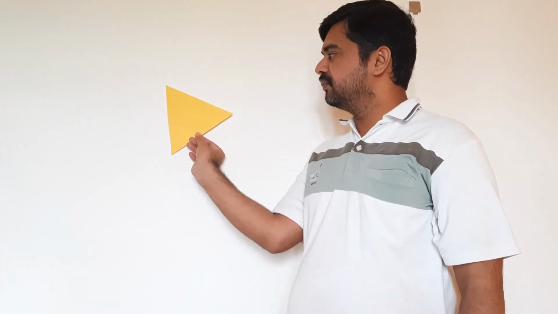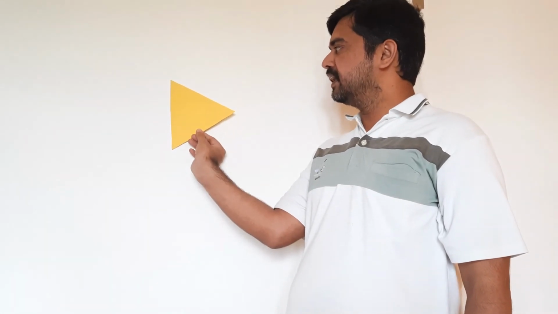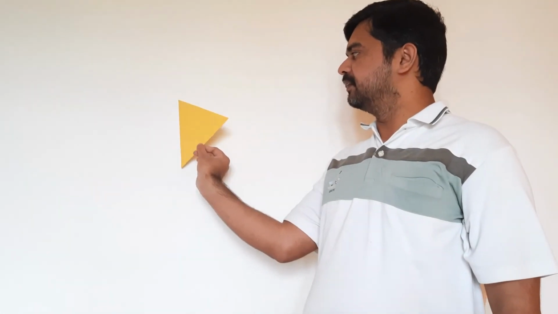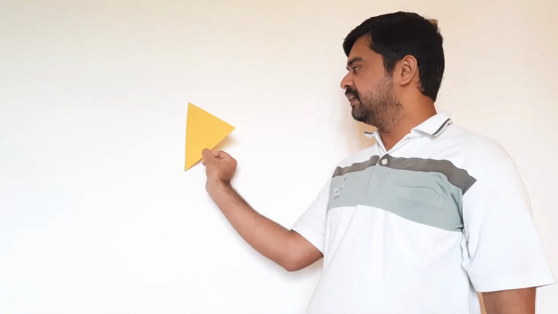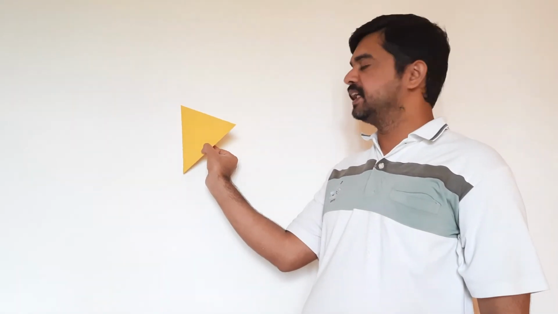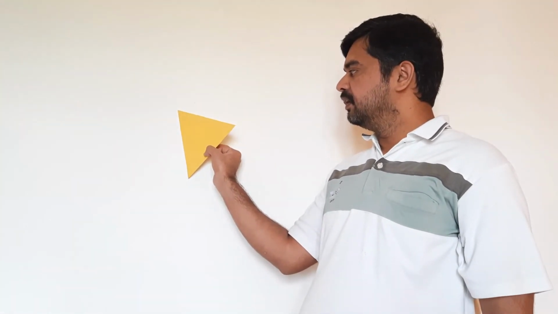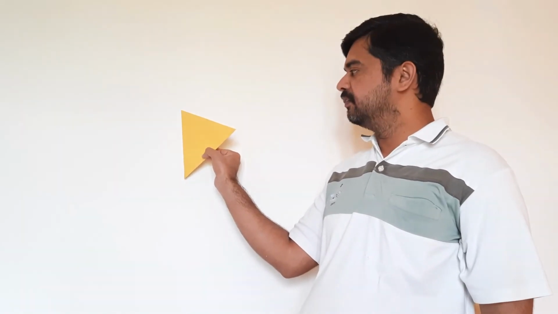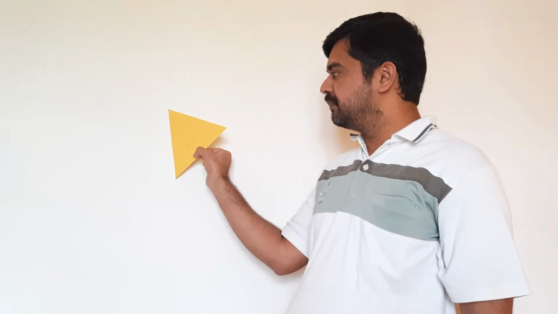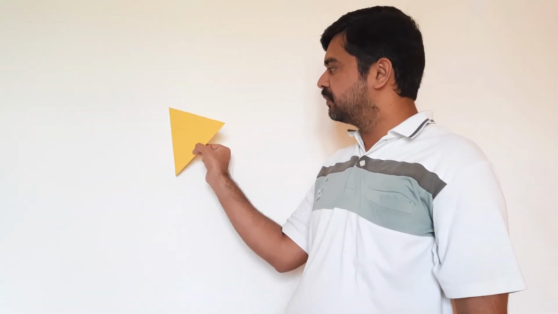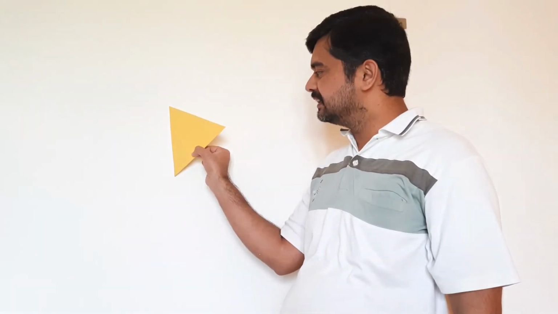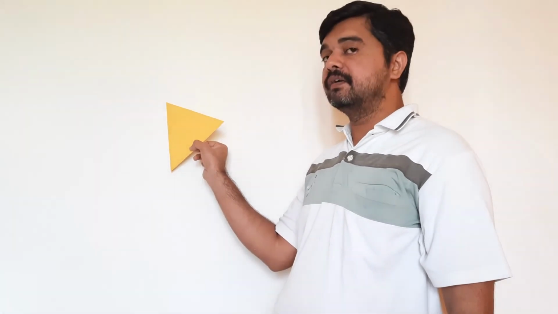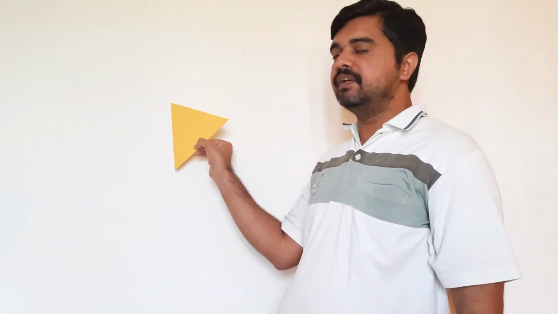Next, I am going to satisfy the first condition. If it is resting on an edge, I will keep it like this. So I will satisfy the inclination with VP first if it is resting on VP. If it is resting on HP, I am going to satisfy the inclination with HP first. Now I will consider the second position where it is making inclination with VP. From the top view, I am able to see that inclination, and from the top it will look like a line because the lamina is still perpendicular to HP, but it is making inclination with VP.